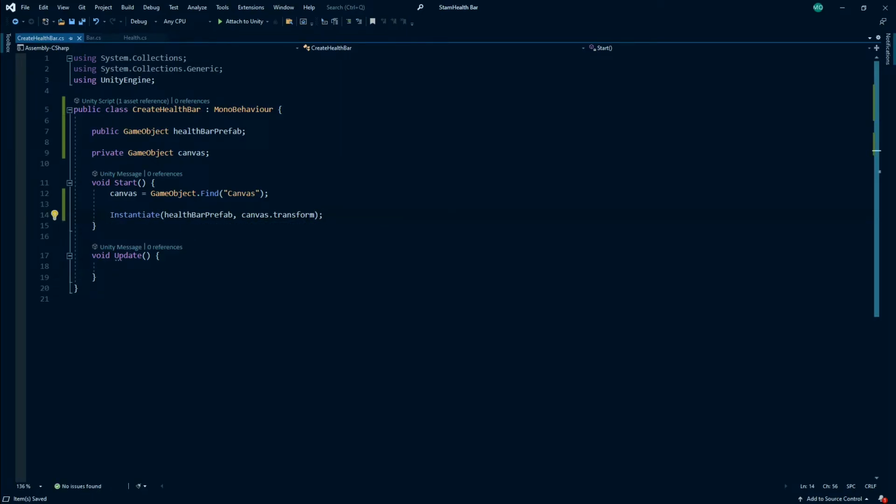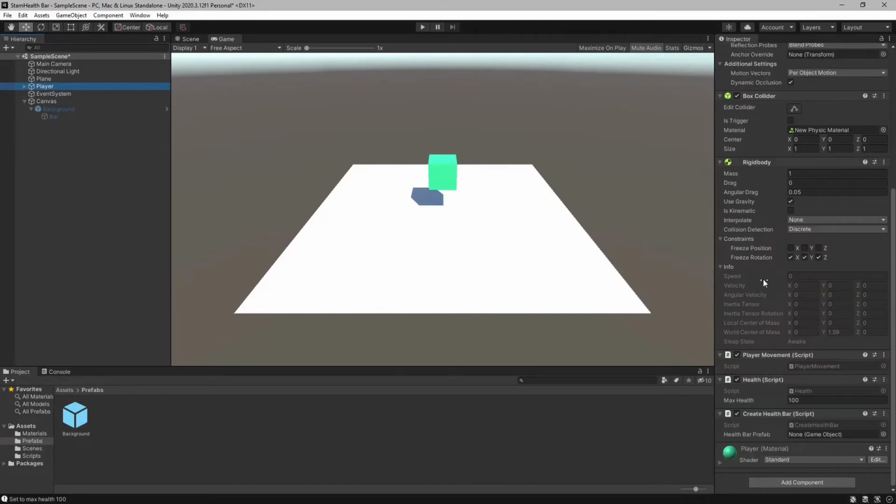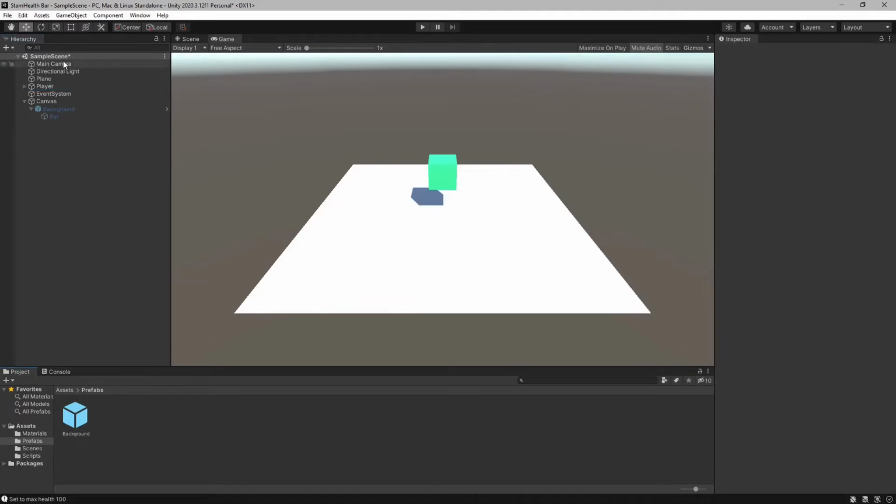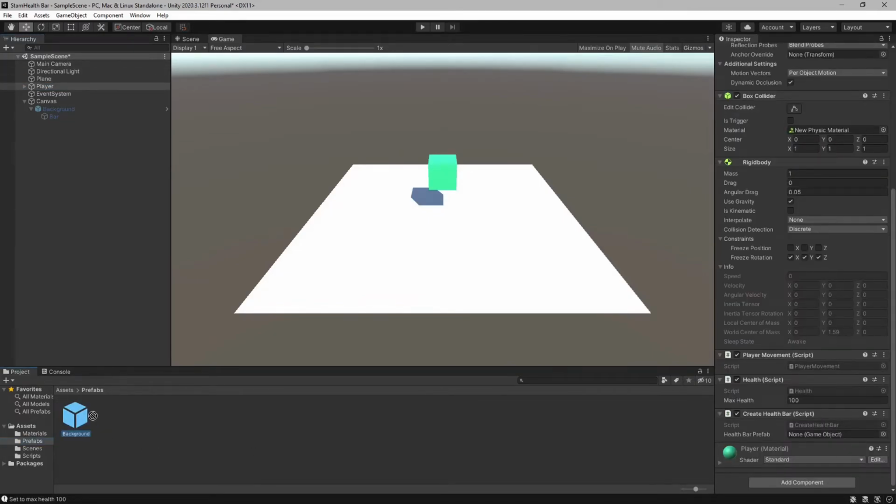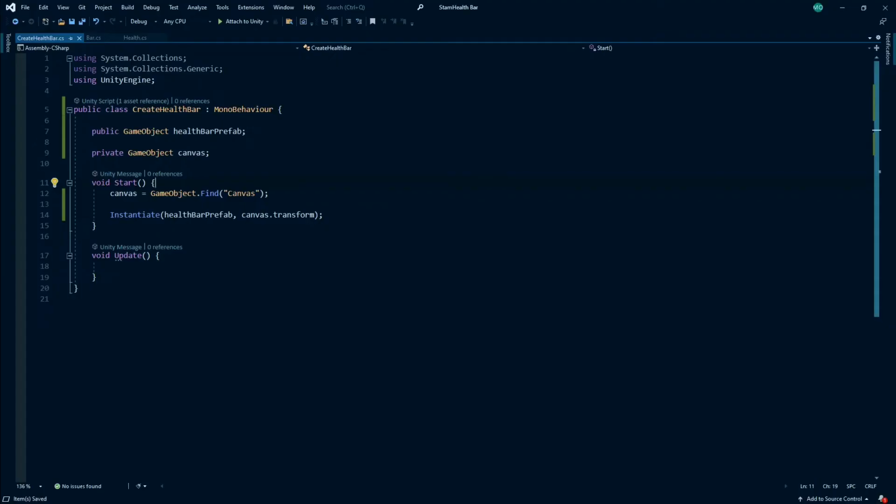What this line does is create a copy of the health bar prefab that we're going to load into this public game object here, and it's going to make it a child of our canvas game object here. So now if we go to our project, we go to our player, we can see that our health bar prefab is currently empty, so we click and drag our prefab object that we made earlier into the slot. Now if we go back to the script, so after we've created our health bar,